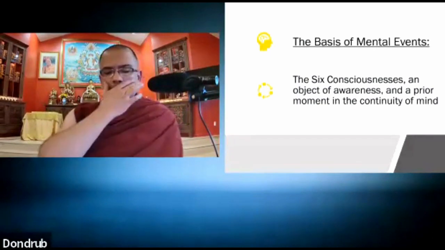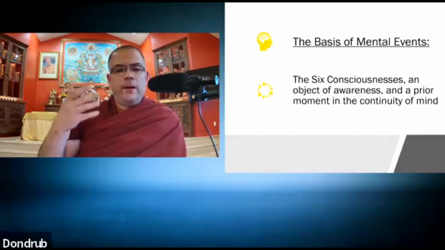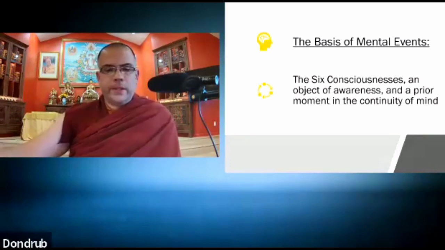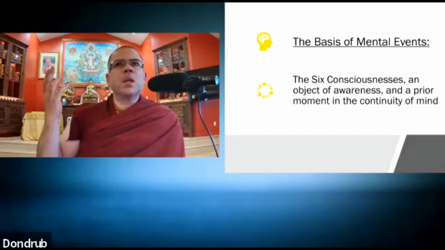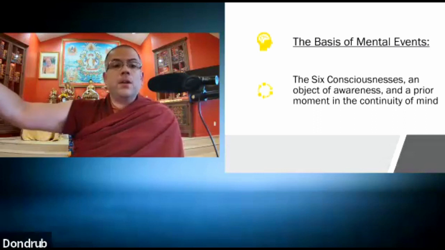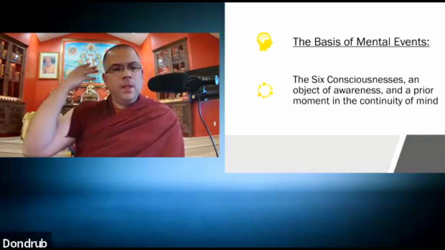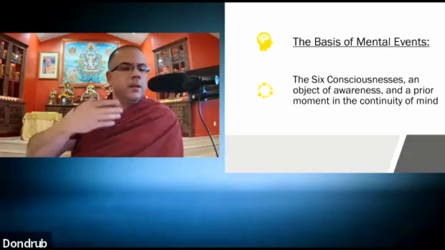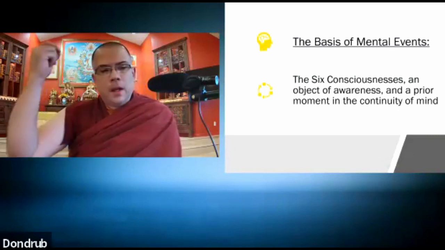Okay. So, if we're to describe how an act of perception arises, we would say that you have one or more of the six consciousnesses, and then you have an object of awareness and a prior moment in the continuity of the mind. So in order to hear something, you need to have an auditory object. If you have a visual object but no auditory object, then there's nothing for the ear sense power to become aware of. If you have a visual object but no taste object, there's nothing for the tongue sense or the taste sense power to become aware of. So you have to have the object of awareness,